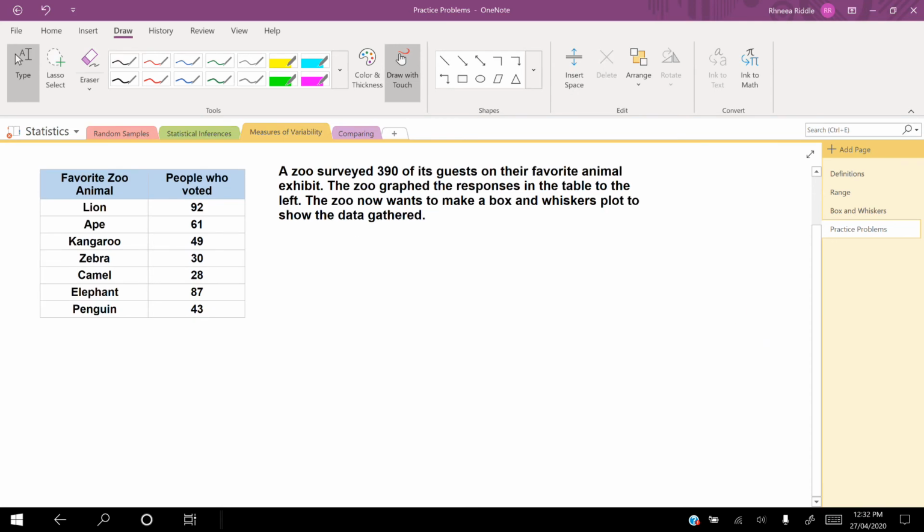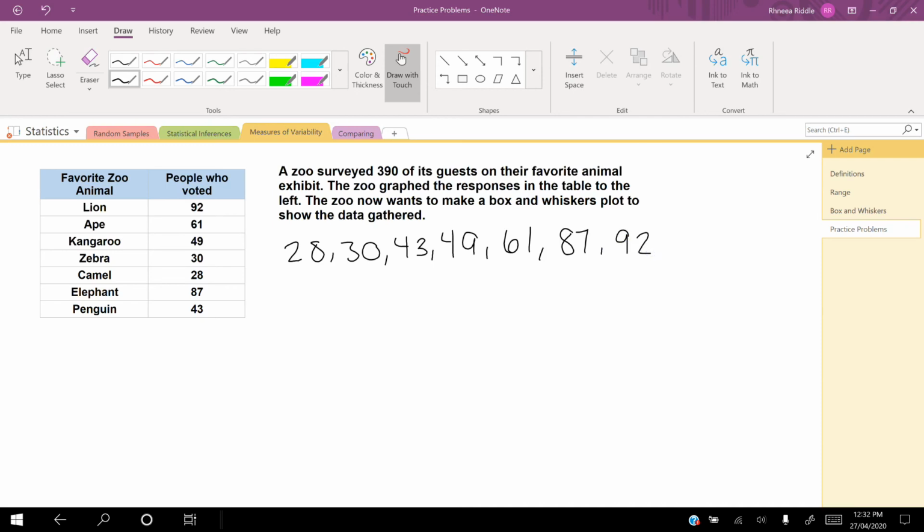So if you've hit play, I am assuming that you've given this your very best shot, and we're going to go over this now. Our first step is putting these in order from least to greatest. We take the data set, and we see that the least is 28, so that's where it's going to start. Then it is 30, 43, 49, 61, 87, and 92. So to start off, we're going to go ahead and find the range, which is the largest